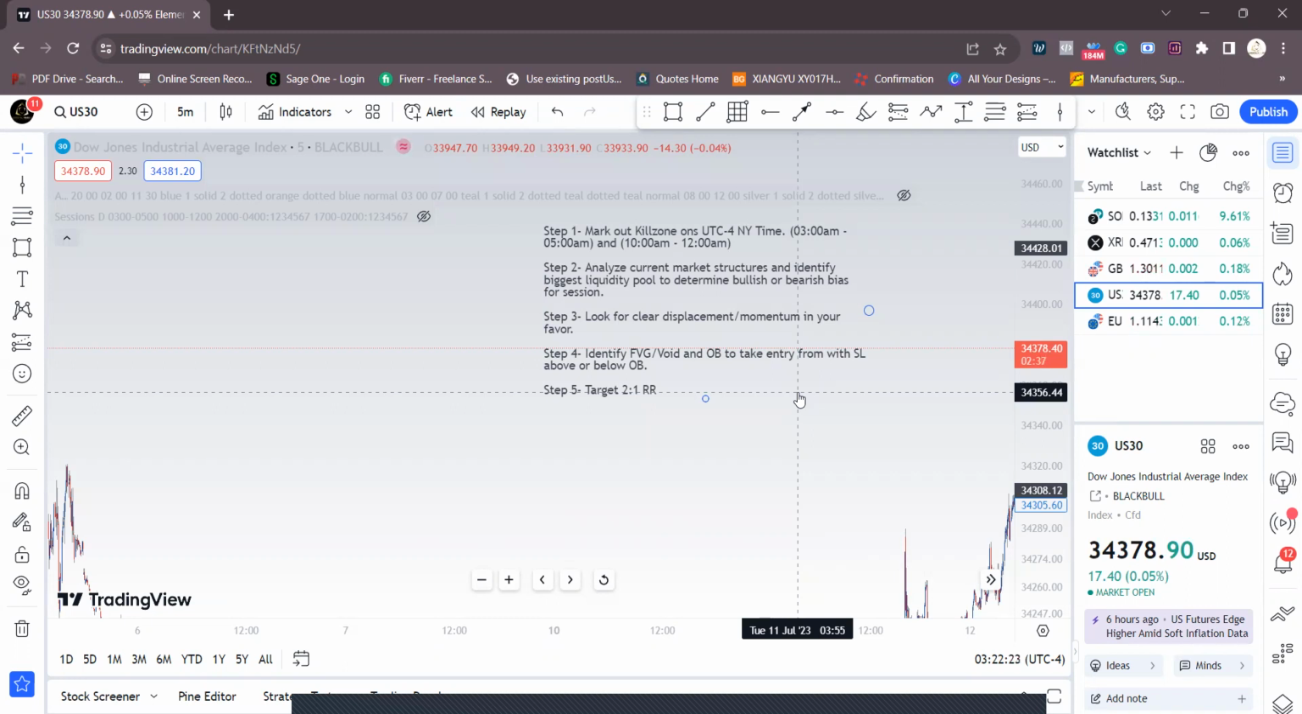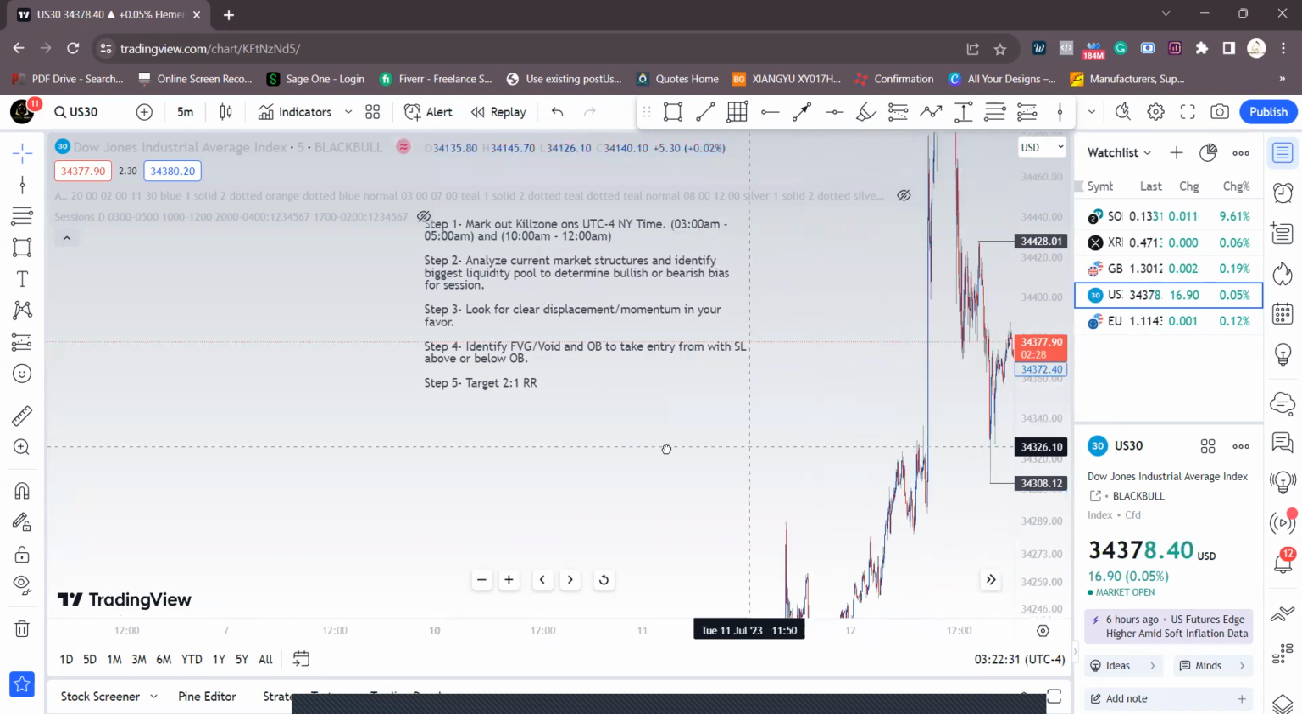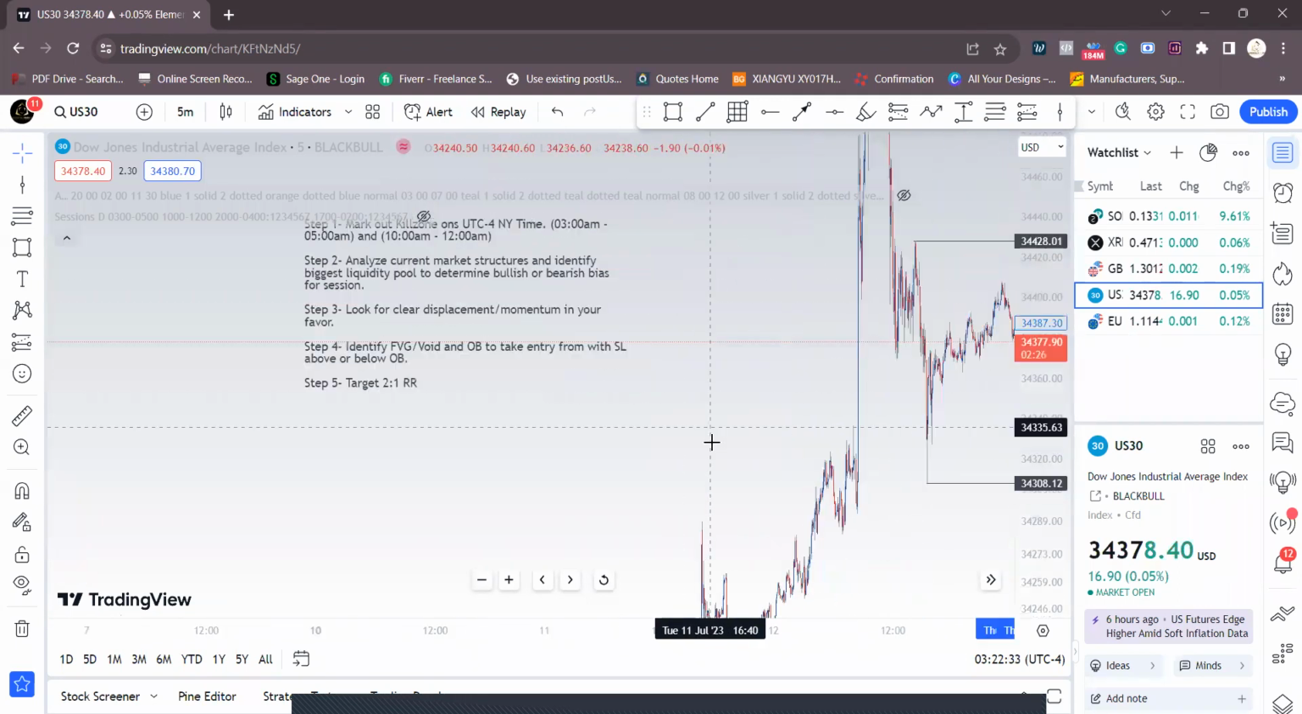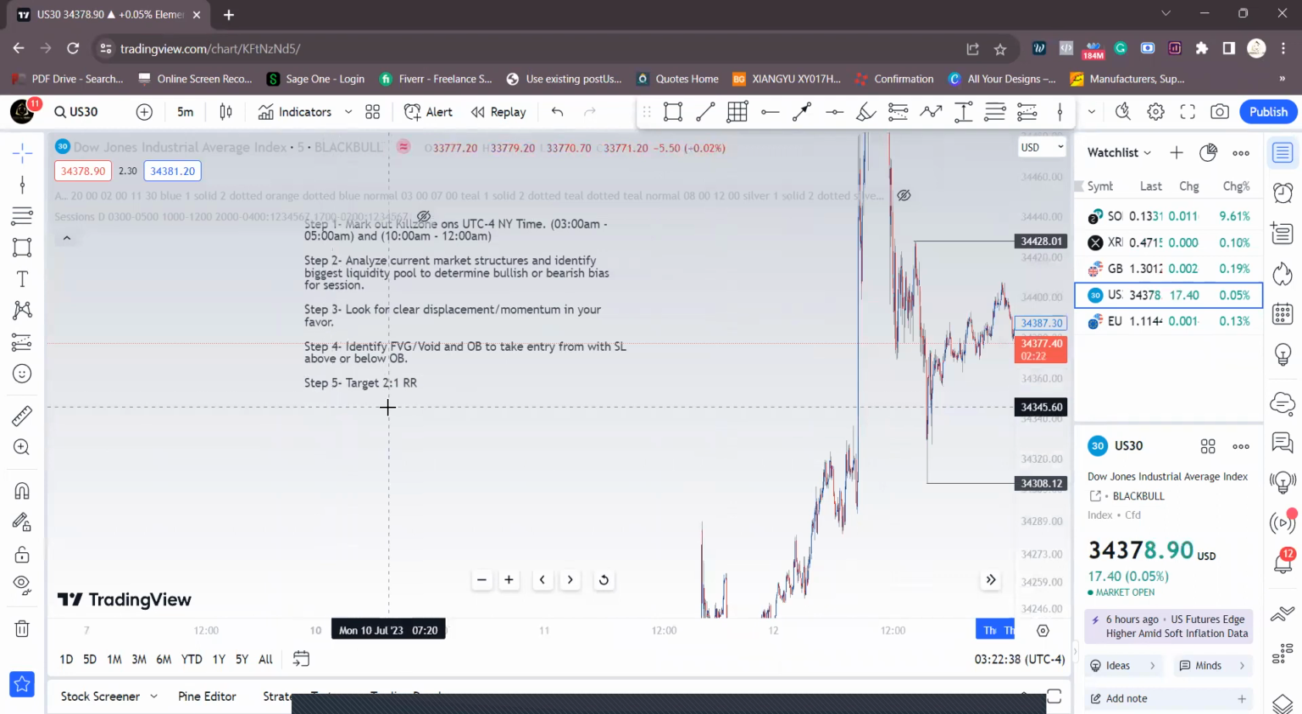Like if you have discipline in the strategy, I can guarantee you will be profitable. Okay, so only target 2-to-1 R, even though the market pushes further. I'm going to show you a trade that I took yesterday where the market pushed way further than it should have, but I only took 2 to 1, and that's fine